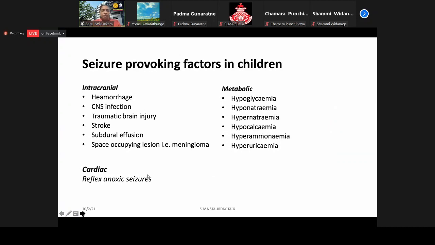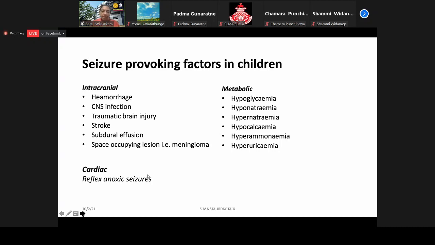I said we need to know the provoking factors because it's very important. In adults the provoking factors may be slightly different, but in children, when it comes to the intracranial causes, there may be intracranial hemorrhage or any CNS infection like meningitis or encephalitis, a traumatic brain injury, a stroke, or a subdural effusion following a meningitis or for any other reason, and a space occupying lesion like a meningioma